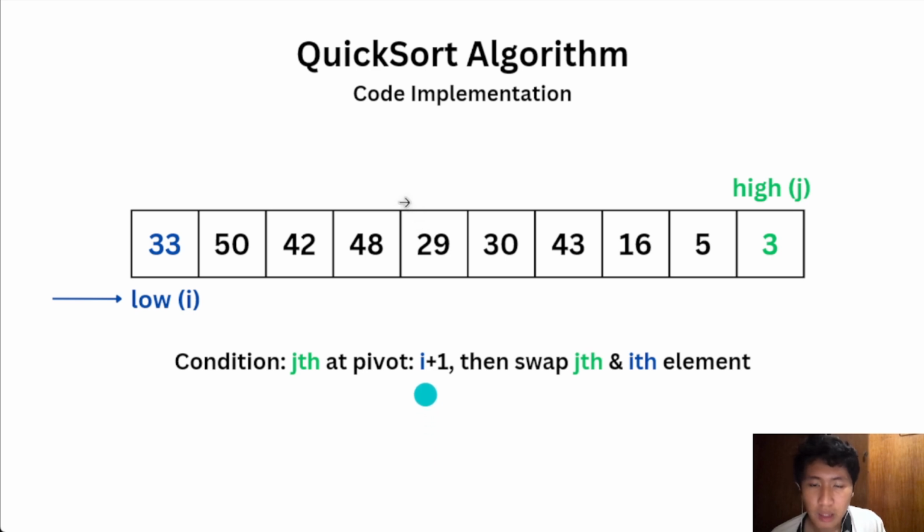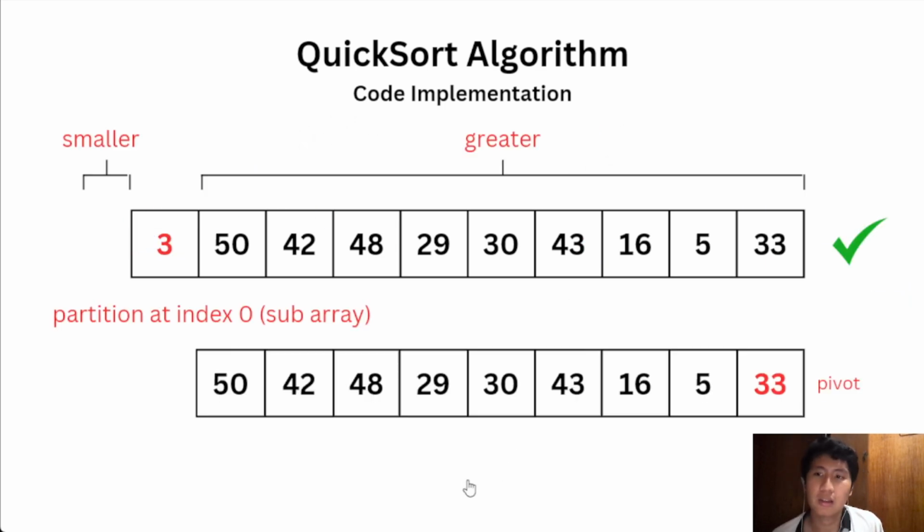Next, now we consider this next condition. For J at pivot, we follow I plus 1, then swap J and the ith element, specifically swapping index 0 and index 9, or 33 and 3 respectively. So next, we do know that 3 is sorted and swapped to index 0. But then we need to create two subarrays by partitioning our previous pivot 3, which makes a partition at index 0